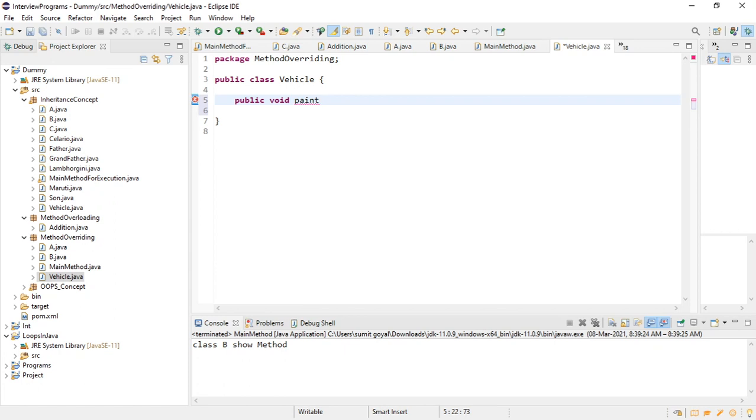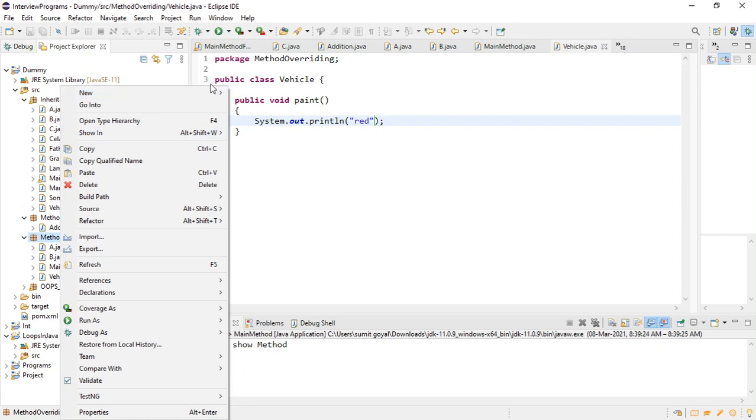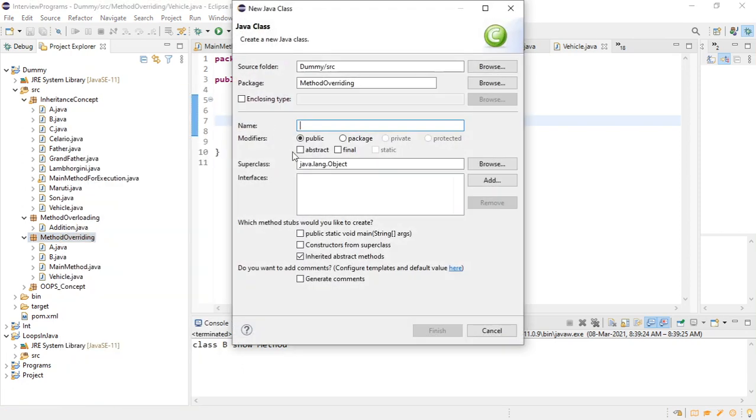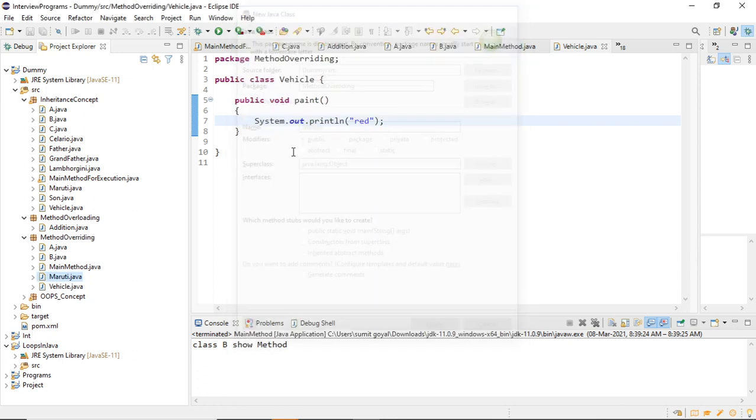Basically, this method will set the paint of our vehicle to red, right? Like, if I take one more class, Maruti, which is one car,